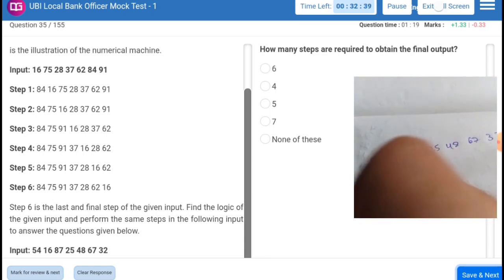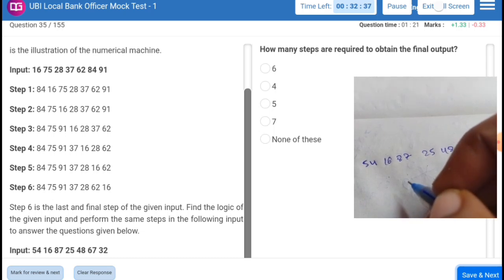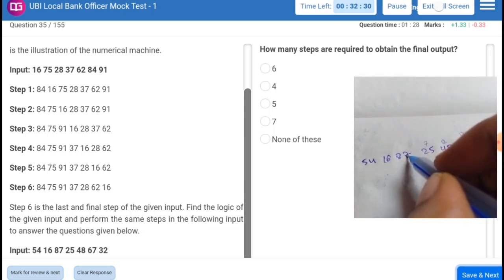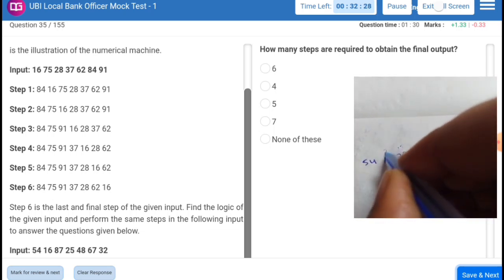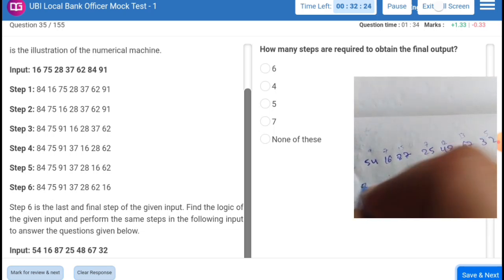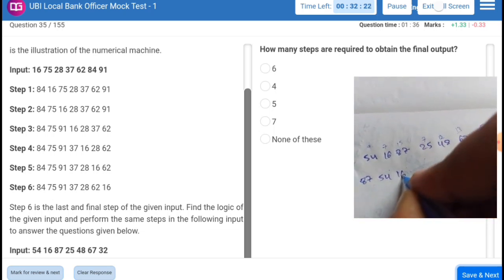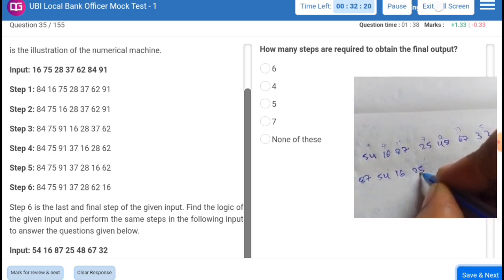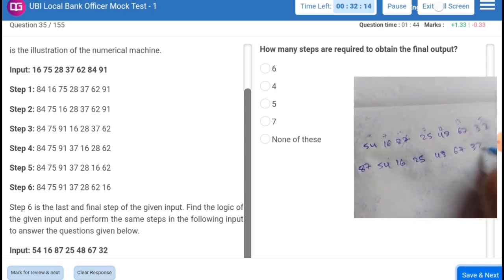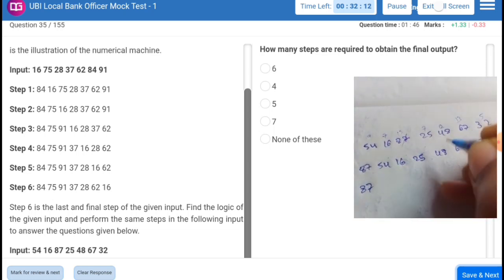So first is, so I think 8, 7, 54, 16, 25, 48, 67, 32, and second is 8, 7,